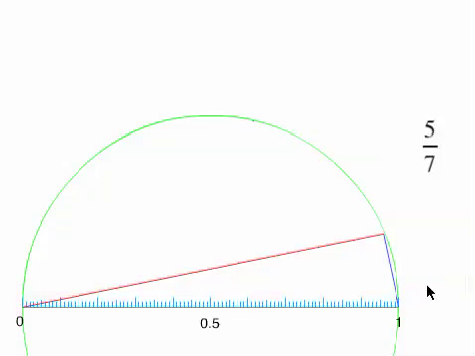Isn't that neat? All right, so we're going to use this knowledge to make sure that off of my ray here, I want to have a right angle coming off, because right angles are very easy to construct. You can just use a piece of paper to make the right angle. So what I'm going to do